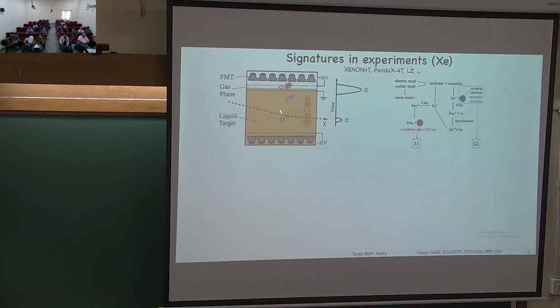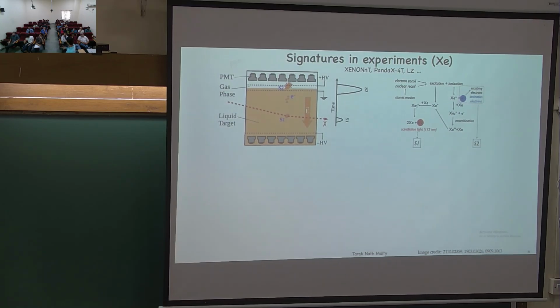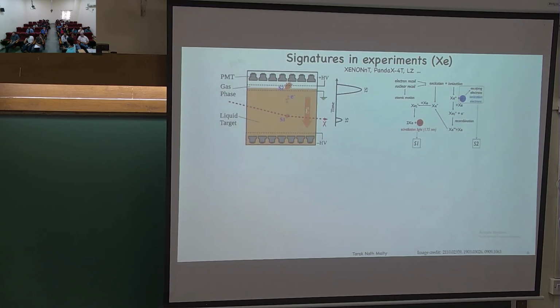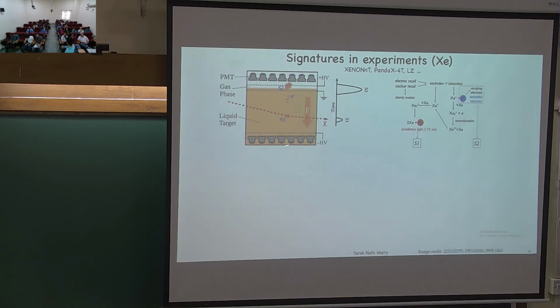Okay, so this is how your xenon two-phase time projection chamber looks. You have two phases in the sense that you have both liquid and gas xenon. The yellow region is the liquid xenon, which is the main target material. We have this gray thing at both top and bottom, which are the photomultiplier tubes, and we also have an electric field applied in this direction.